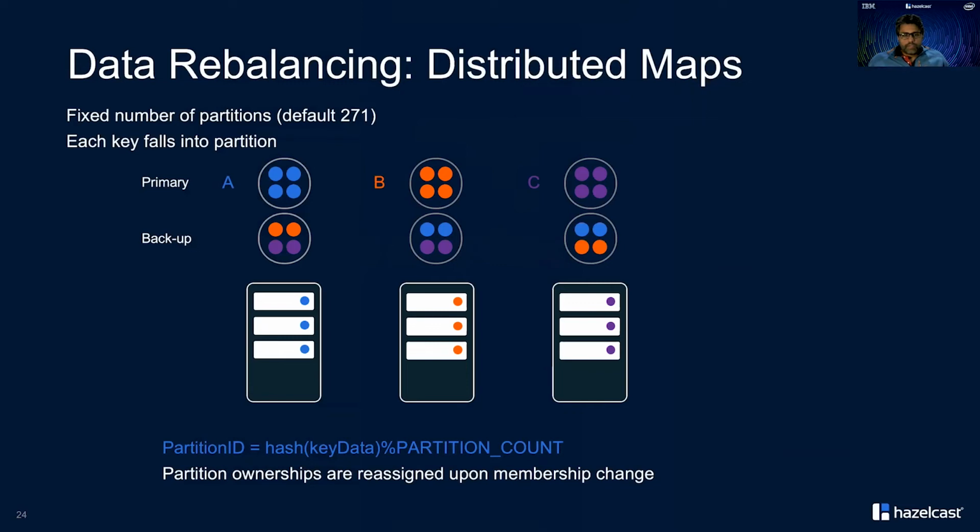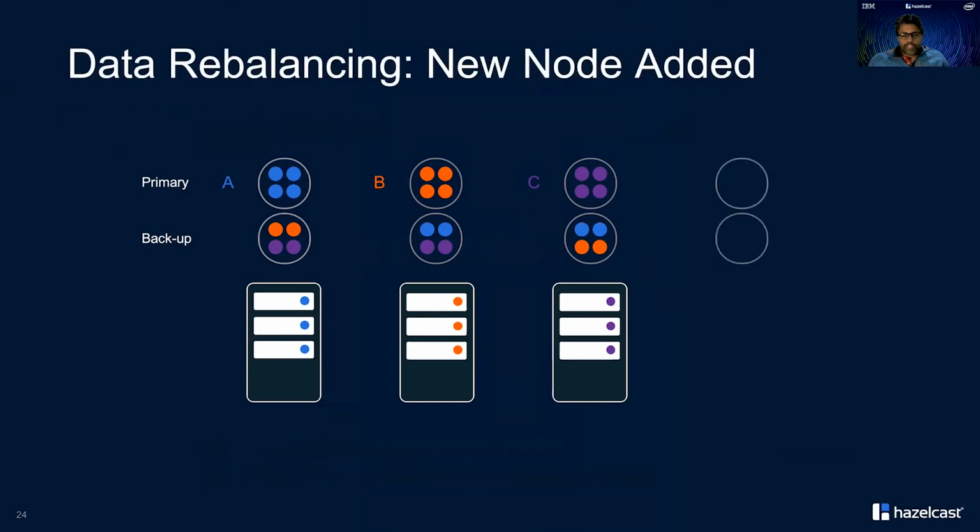So let's say we have a 3 node cluster and we want to add another node into the cluster, basically we want to achieve added capacity in my cluster. So to have added capacity in the cluster, what you do is you start another server node, and that's it. So your role is limited to firing up one Hazelcast server node, either through script or whichever way you have decided to start servers. Just make sure that you're using the same configuration as the other 3 nodes in the cluster are using.